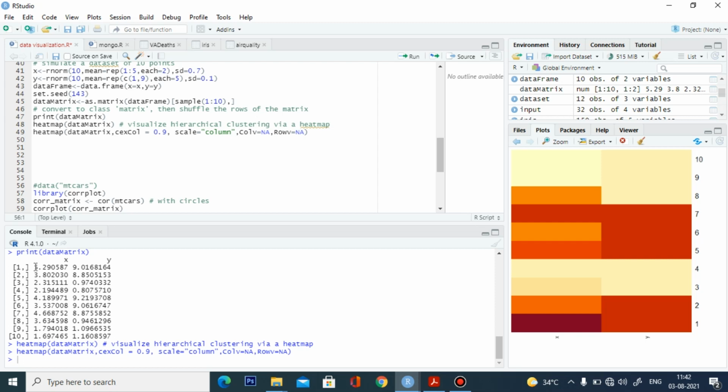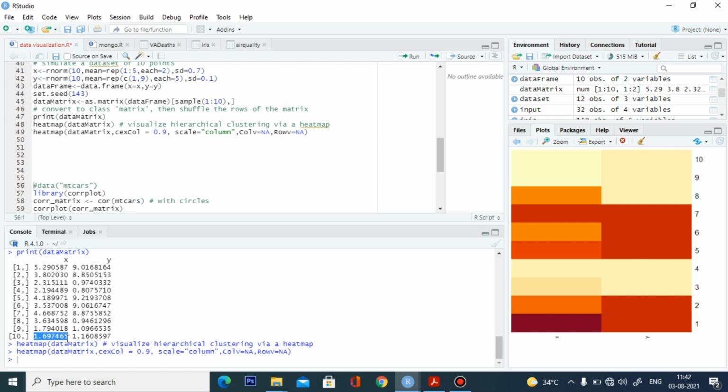In your x-axis, it's having a 5, which is a high magnitude value. That's why the color is very dark. Whereas the 10th entry should be something like 1.6, so the intensity is very low. The intensity of the color is low because the magnitude value is very low.